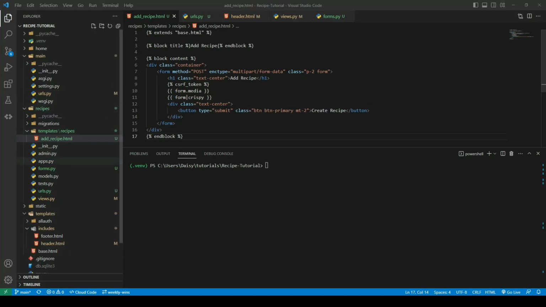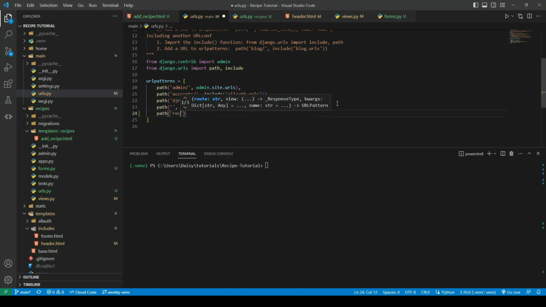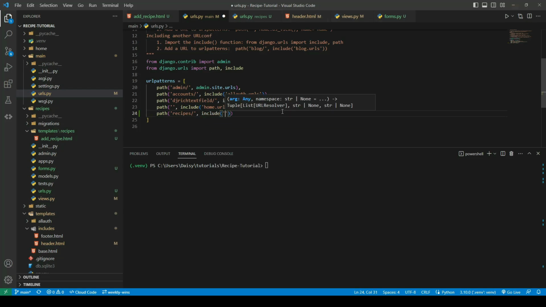So the last thing that we're going to do here is go ahead to the urls.py and we're going to add a new path, and this will be recipes. So that will be our domain /recipes and then any other sub URL patterns we have in our recipes urls.py. We use the include keyword with our recipes.urls. So if we would start our run server now and actually try and add a recipe, that would work